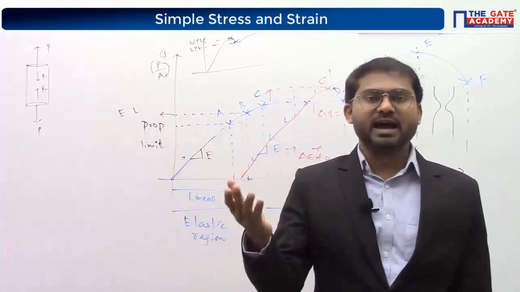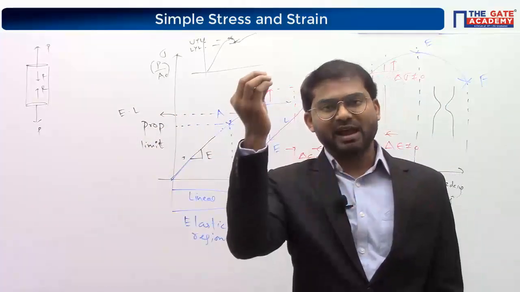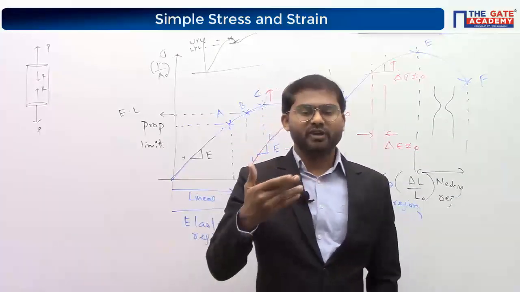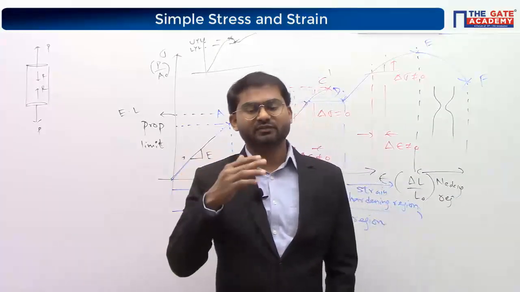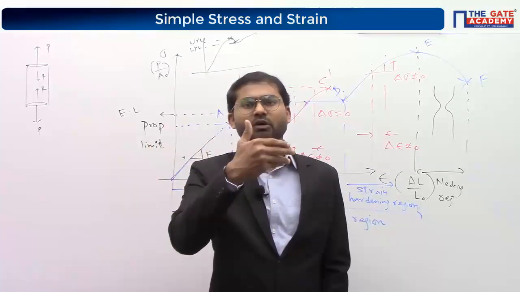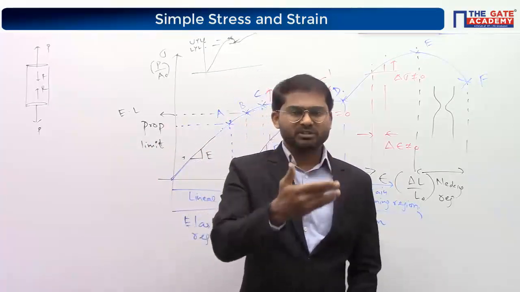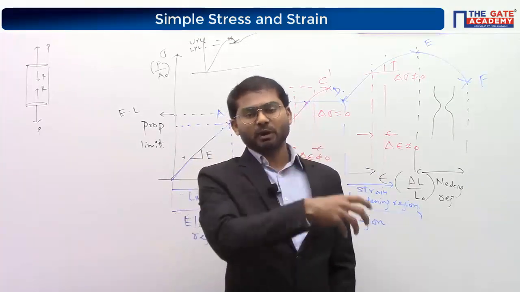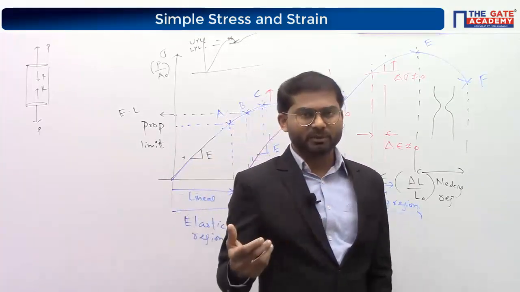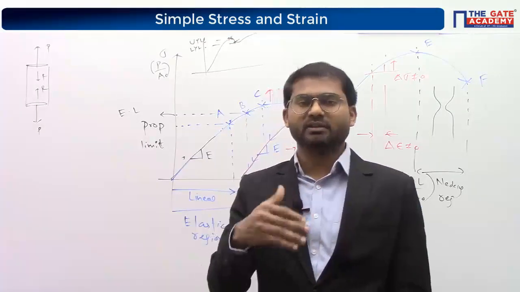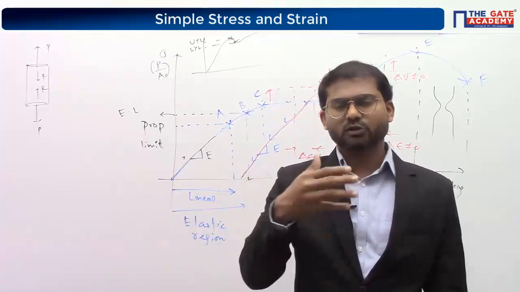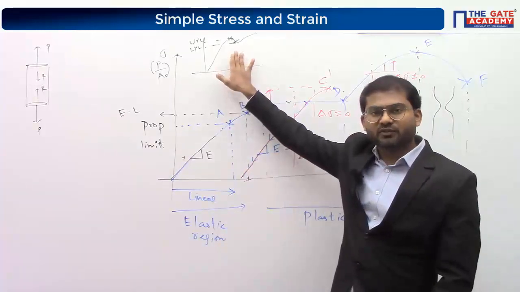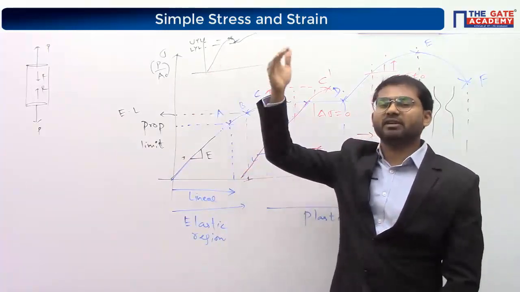Understood? Steel is a hybrid version of iron, because we have added some carbon, and they also observed that the metal behaves in different ways at different values of carbon. That's the reason why we have categories of low carbon steels, medium carbon steels, and high carbon steels. Low carbon steels have different properties, high carbon steels have different properties, and medium carbon steels also have different properties. You'll be studying those in material science. That's the reason why you have multiple yield points for mild steel, whereas you will not have them in aluminium.